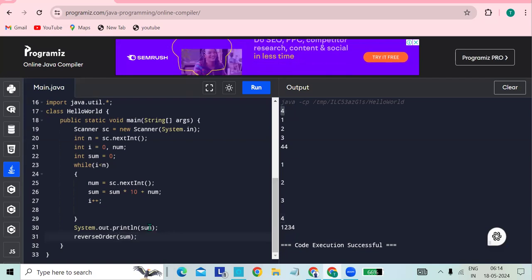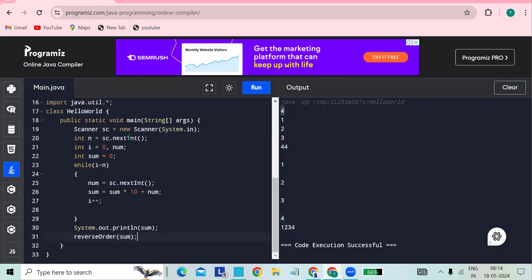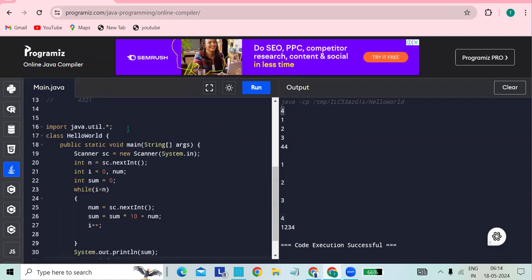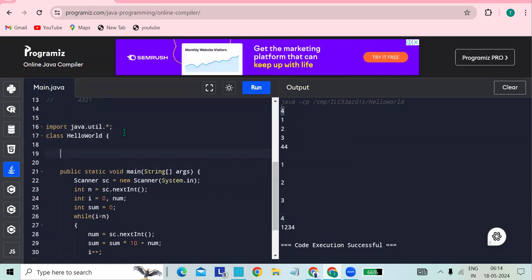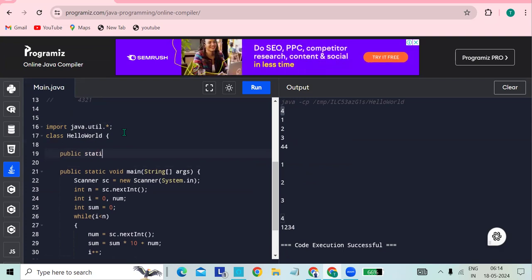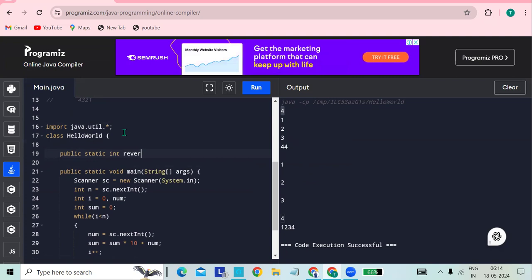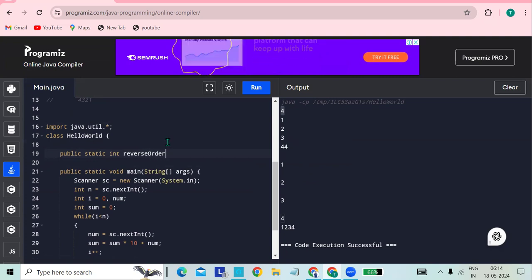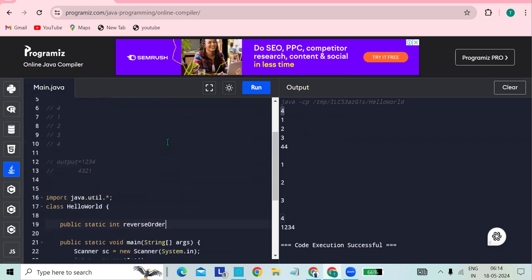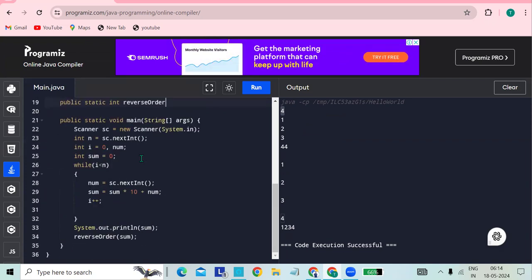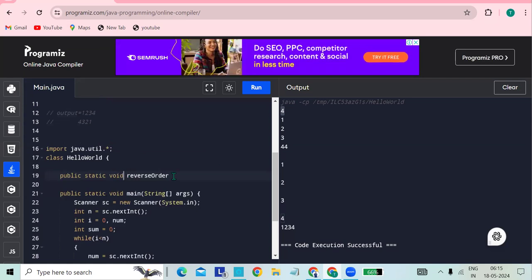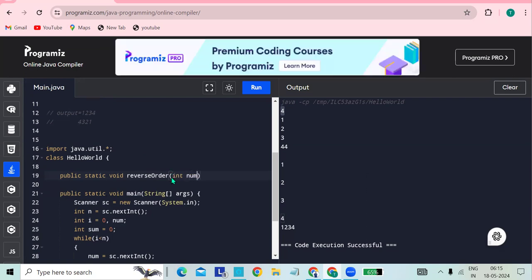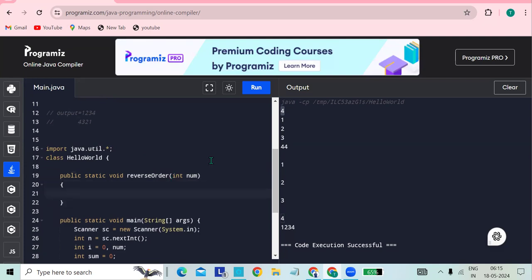So I am creating a reverse order function. It should not return anything, right? We are not printing anything, so we have to write void only. Public static void reverse order, int num. So I'm getting the num,